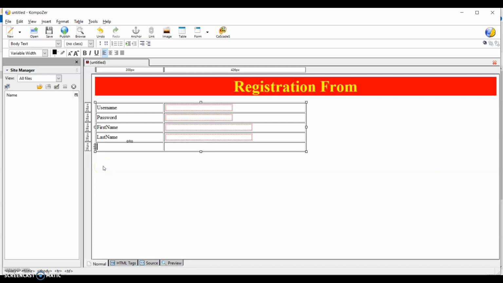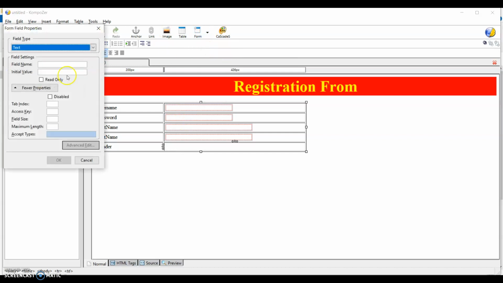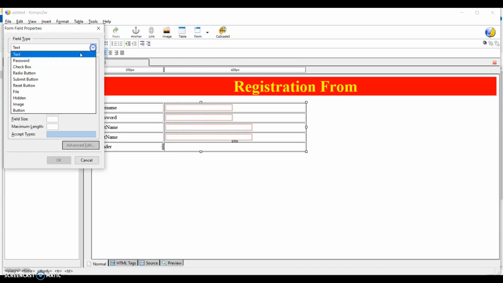Now we see some other field, so gender. Okay, so here the gender we selected. Okay, so here we are using the checkbox. So in this type we go to the form field, then go to the radio button.